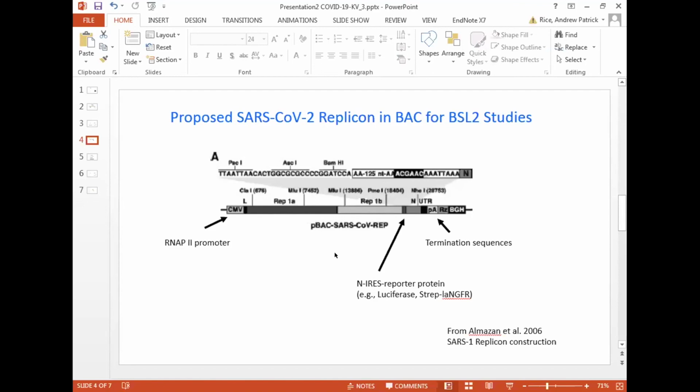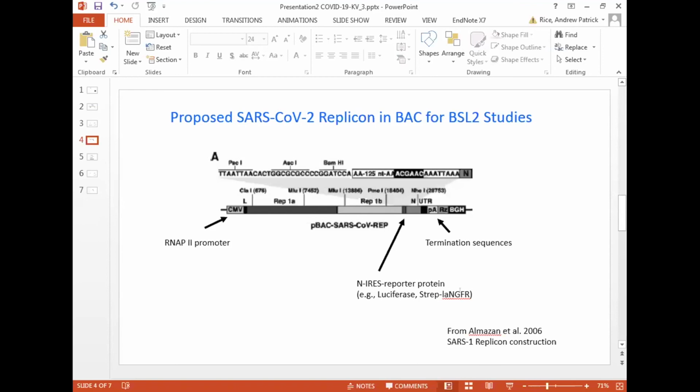So one can do screens for inhibitors of the enzymes involved in RNA replication. One could also, in this construct, introduce a luciferase gene as a reporter to give a very easy way to quantify genome replication. And we're also debating, it would be nice to have a reporter protein such as this